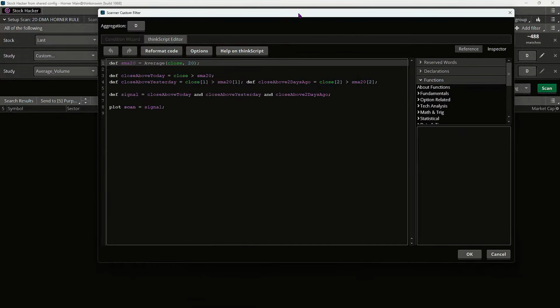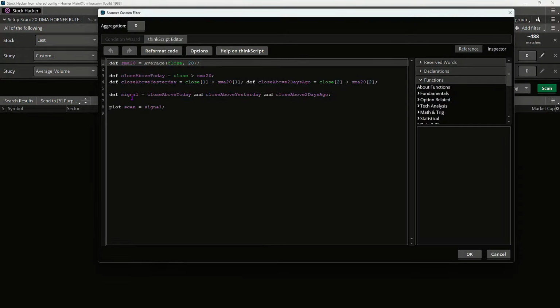This is where I really just wanted to highlight this. This process, one of the small things I worked on condition-wise, was adding in another day. This script is built and defining what we're looking for. We've got the 20-day simple moving average and a close above it, so closed above the 20 today, SMA 20.